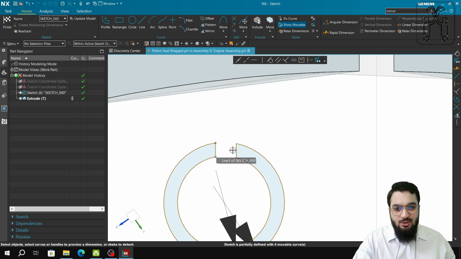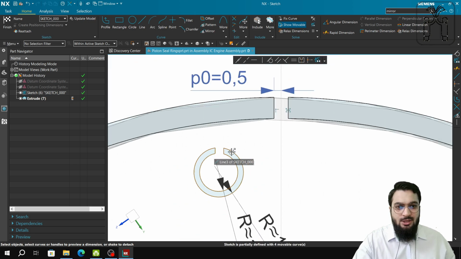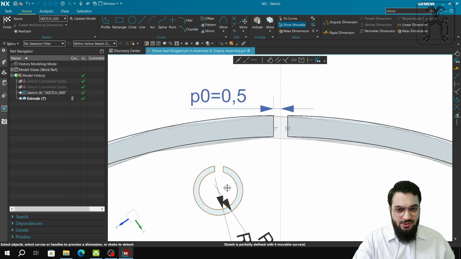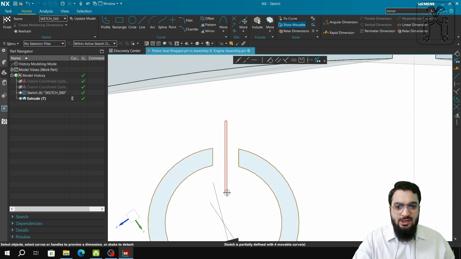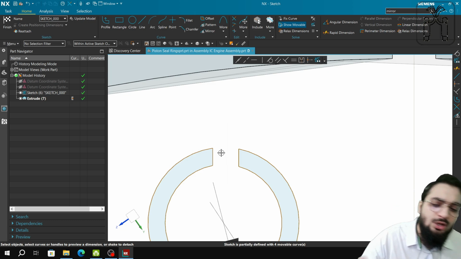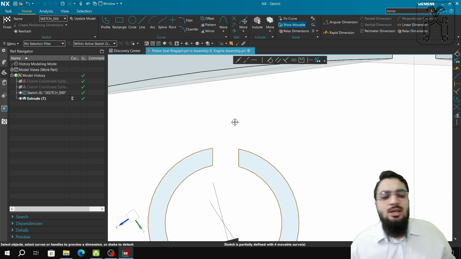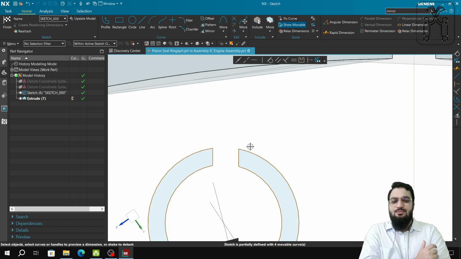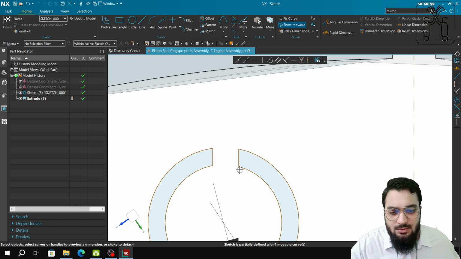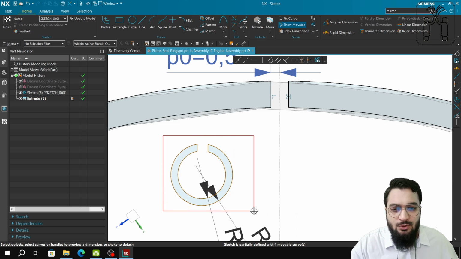इसको मूव करेंगे तो ये भी मूव होगा, ठीक है। उसके लिए हमने क्या किया कि हमने इसको एक डिस्टेंस दे दिया कि तुम इस एक्सिस से इतने डिस्टेंस पर ही रहोगे, और जब इतने डिस्टेंस पर रहोगे तो फिर जाहिर सी बात है वो मूव करेगा नहीं, मूव नहीं करेगा तो बात खत्म हो गई, बस इतनी सी बात है। तो स्केच जो है वो फुल्ली डिफाइंड हो गया था।